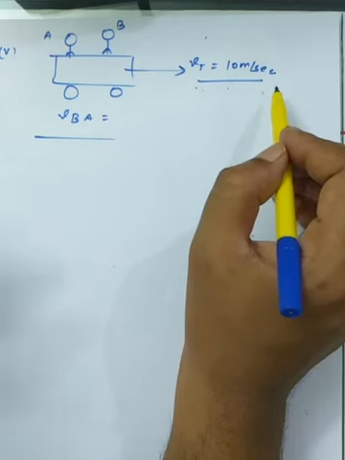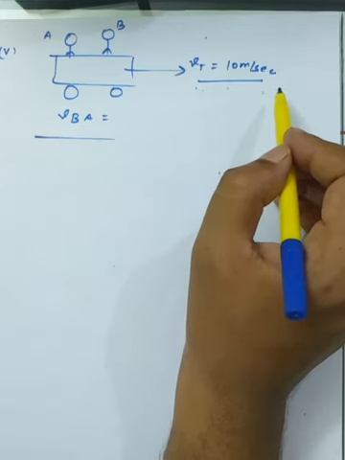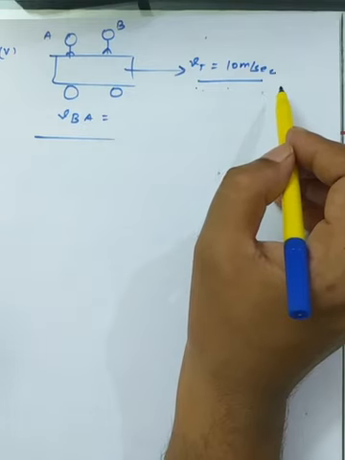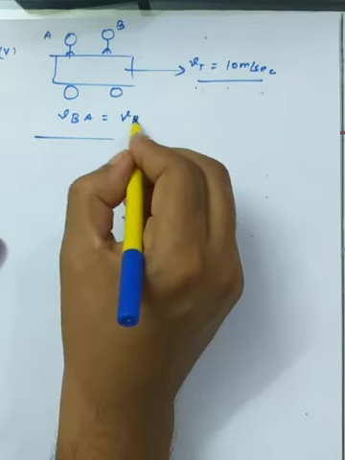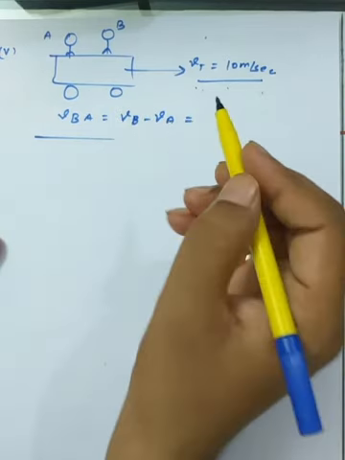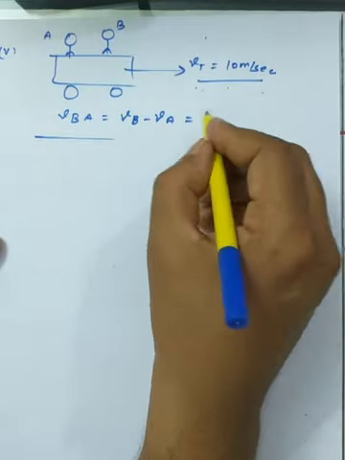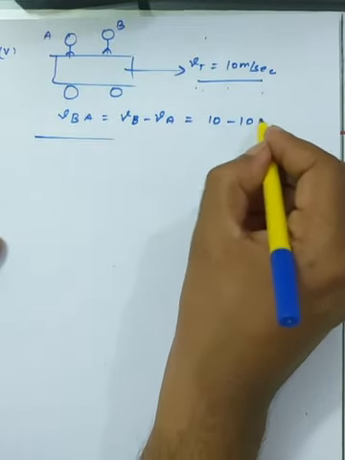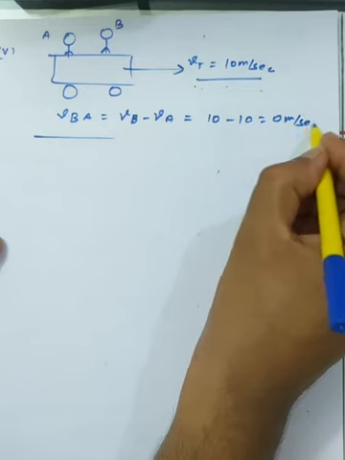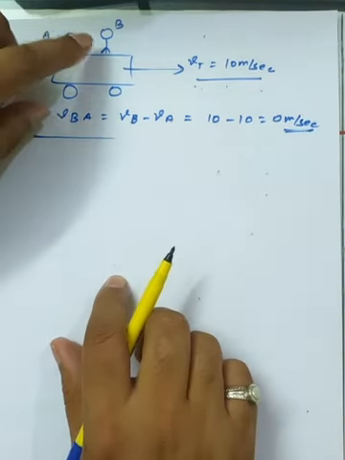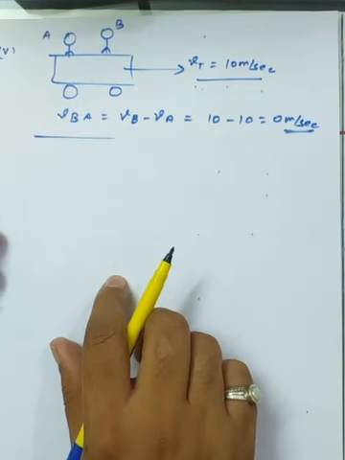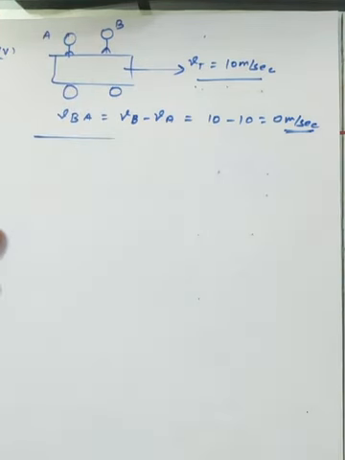So as it's a general case we have, if both the passengers are in a trolley, then there is no relative change in the position of A with respect to B and B with respect to A. Simply we can write that velocity of B minus velocity of A, both are moving with the same velocity of the trolley, so we can write easily that 10 minus 10 is equal to 0 meter per second. So there is no possible change in the position, so observer A will see observer B at rest. Okay, so this is another general case we have.